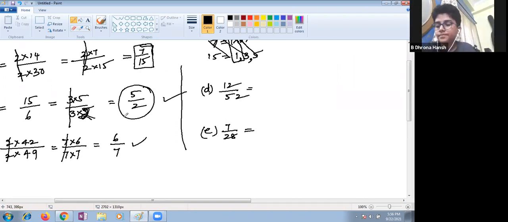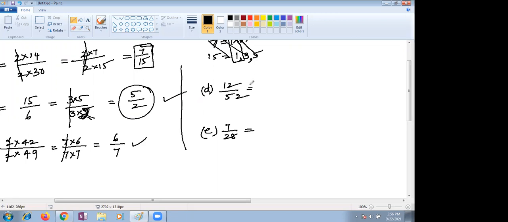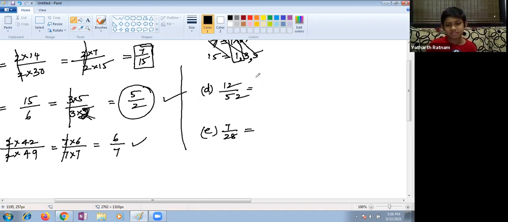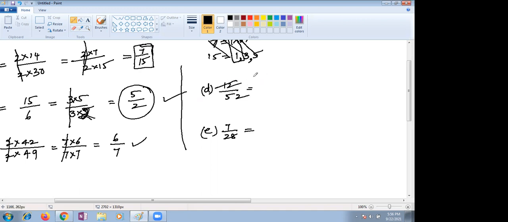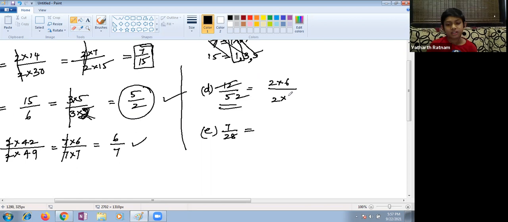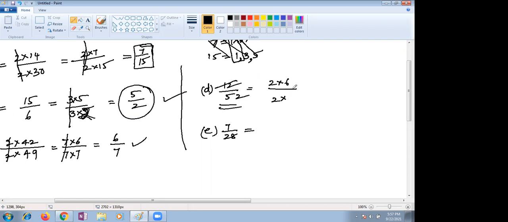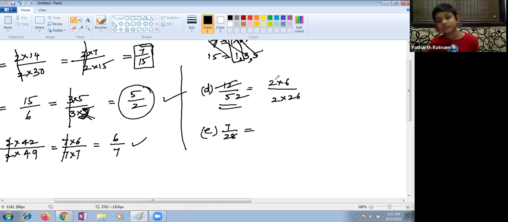Yadharth. Yes, ma'am. By seeing only, if you know tables perfectly, you can go with big tables also. Ma'am, 2. Okay, you want to go with the 2. 2 sixes are 12. 52 can be written as 2 into half of 52, 26. So who is out right now? Ma'am, 2. Very good.